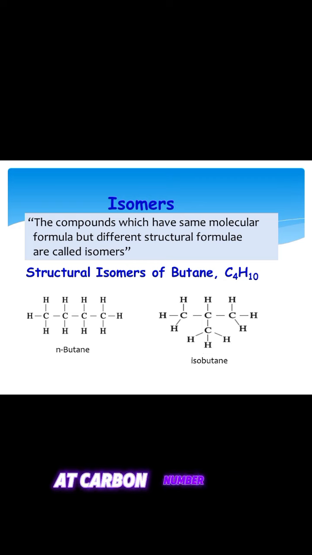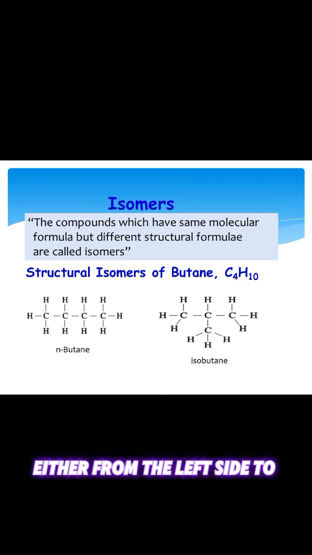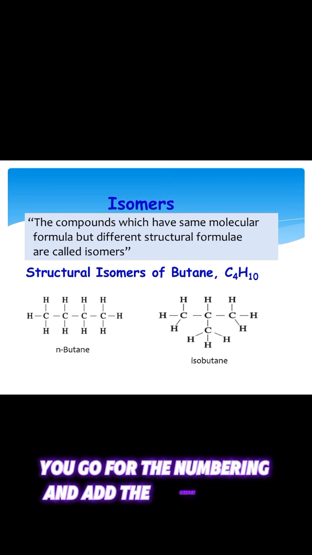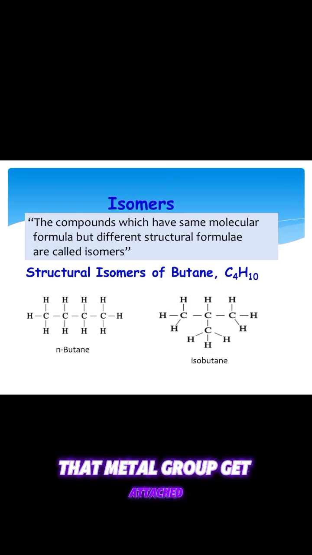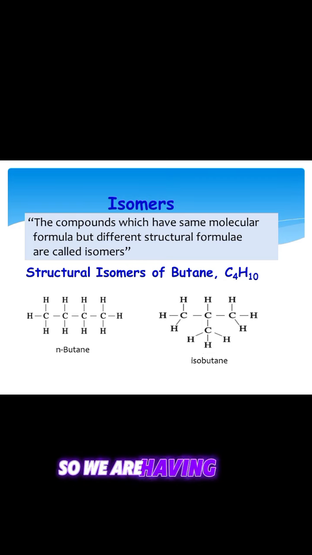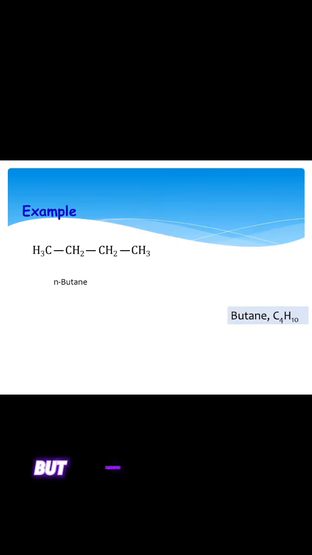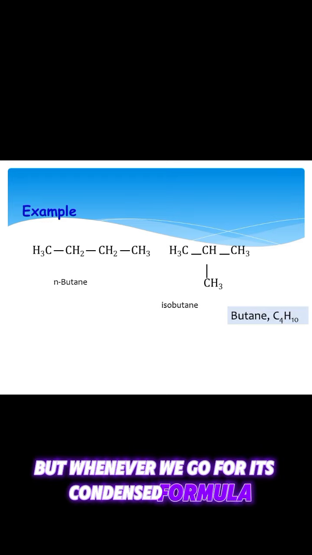attached at carbon number 2, either from the left side to the right side. You go for the numbering, and at carbon number 2 the methyl group gets attached. So we have two different isomers of butane, but whenever we go for its condensed formula, we will see